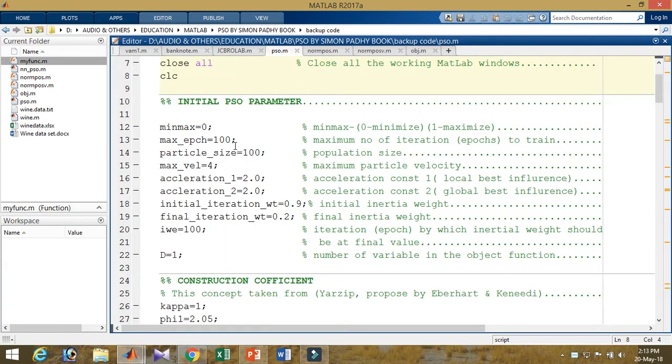Now come to the initial particle swarm optimization parameters. There are a number of parameters. So let's introduce them. Min max is equal to 0. It is to calculate the maximum epoch, the minimum and maximum epoch: how many times it will iterate, how many times the code will run, so each of the iterations will be done. So it's 100 times. Particle size I'm taking as 100, and the maximum velocity of the particles will be 4, and